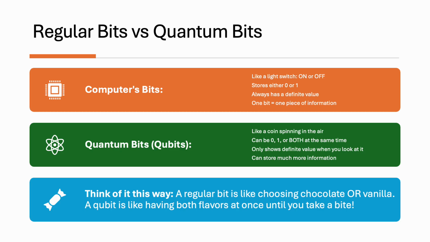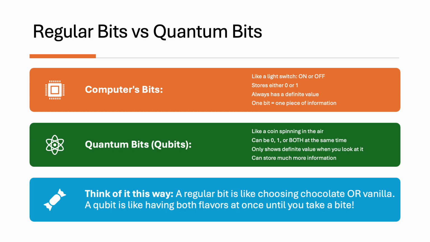So let me outline the specific learning objectives of today's lecture before I continue. First, we have just explored qubits and how they are fundamentally different from the bits in your laptop or smartphone. You will also learn how to visualize these quantum states using the geometric model called the Bloch sphere, which helps us understand what is happening inside a quantum computer. We will also tackle one of the most mind-bending concepts in physics, superposition, which means existing in multiple states simultaneously.